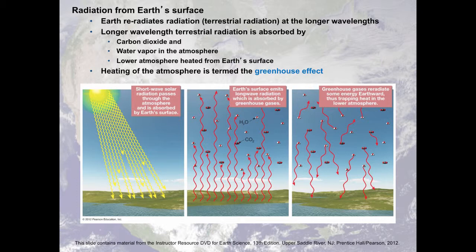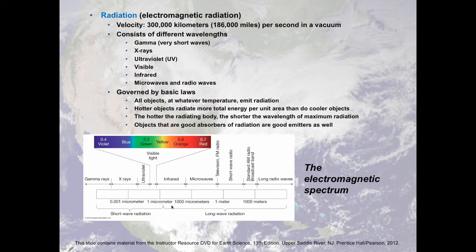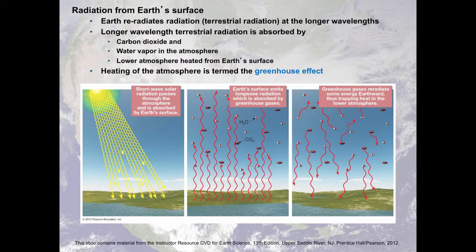So if we look back at the electromagnetic spectrum, if it's visible light coming in, it's going to re-radiate it at either infrared or potentially microwave or radio wave wavelengths. So it re-radiates at longer wavelengths. Fortunately or unfortunately, depending on the period of deep geologic time you're in, whether you're at 540 million years ago when the Earth was covered in ice during a period called the snowball Earth, in which case this situation would be very good, or now where the Earth is not covered in ice and things seem to be getting warmer